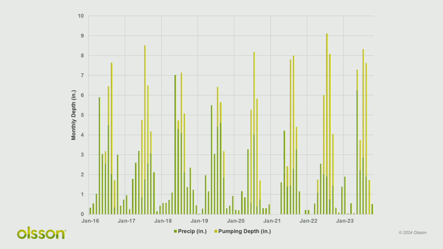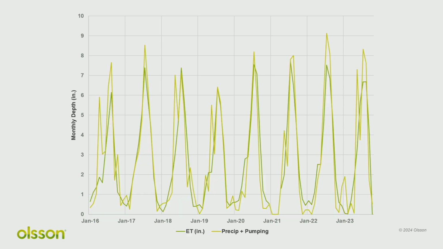But it's really interesting to drill in and see exactly how water was applied to this field over a series of years, and then comparing that total applied water to the monthly ET. And again, you can see those early wet months of probably March and April are when there's not much ET going on. But you can see it looks like they match pretty darn well.